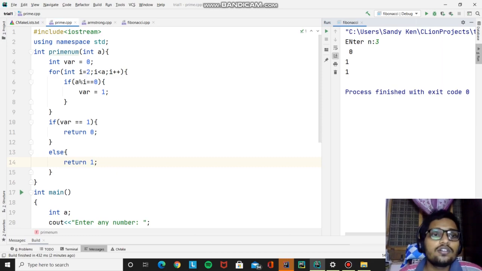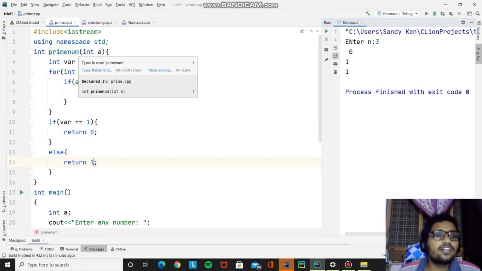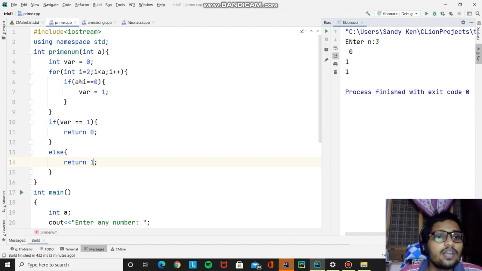Now, the first one is to check whether a number is prime or not. In the first line, we have a header file included here, which makes the input-output operations work in this program. Now, we have a namespace, so that it doesn't cause any problem when we have variables with the same names or similar identifiers. We use that: using namespace std.